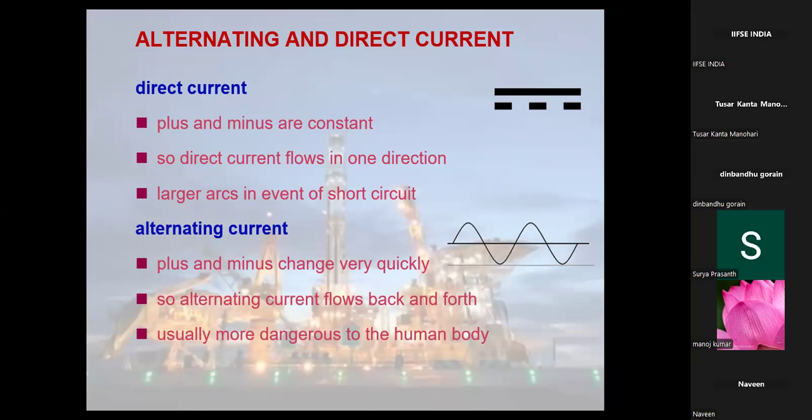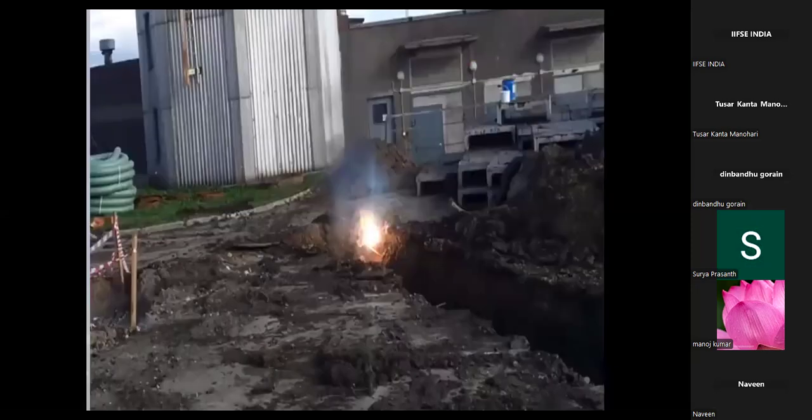So AC currents are more dangerous compared to DC currents. Like in the last example, we have taken the charger example. It gives DC current of 5 volts, but the amount of current that it discharges is very high. Now here, I'll play a short video. This is from the live recording of some place. Just see this.